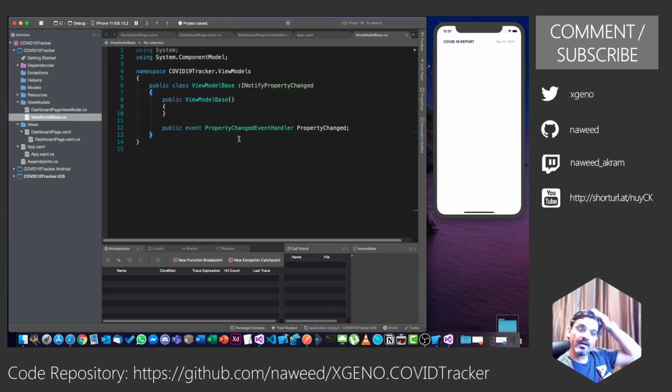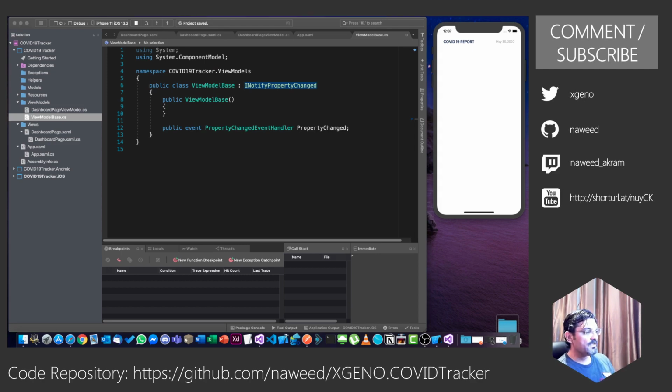Now the reason why I want this to be INotifyPropertyChanged is because in our properties, as and when something changes, you will notice when we start fetching the data from the internet, we want to store it in some local variables or public properties in our view model, so that it is propagated to the XAML page, and it can be displayed over there.